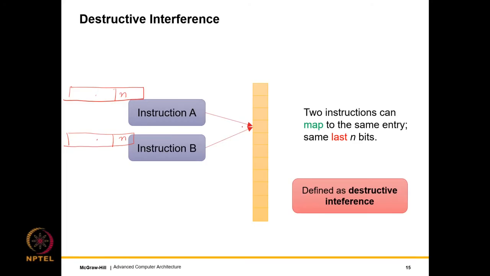All right. So if they map to the same entry, it is possible that one of them is a branch, one of them is a non-branch, right? So then what will happen is we'll have destructive interference in the sense that if, let's say, the non-branch instruction had come the previous time and now we fetch a branch, we will still predict it to be a non-branch because this is what this entry will contain, and we'll make a mistake.